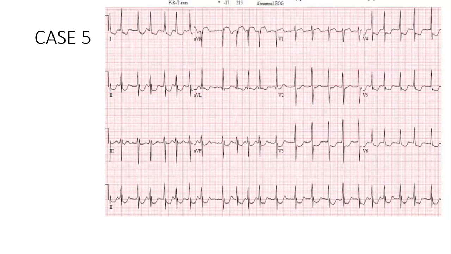Yes, talk me through an AF, why would the cardiac output be decreased? Because the atria are not contracting at a regular rate, so there will be loss of the atrial kick. So that will then basically decrease the amount of blood that will be pumped into the ventricles, and then